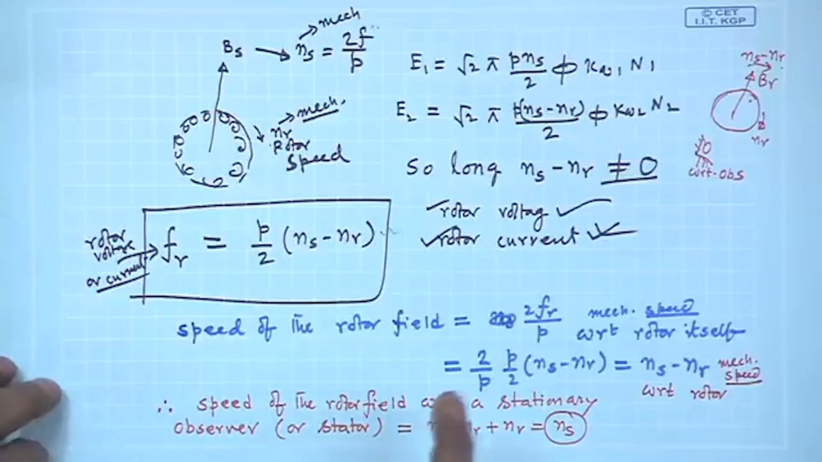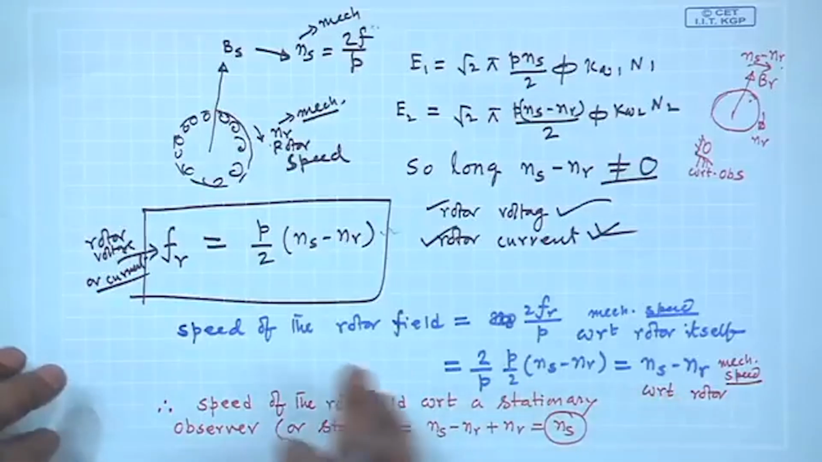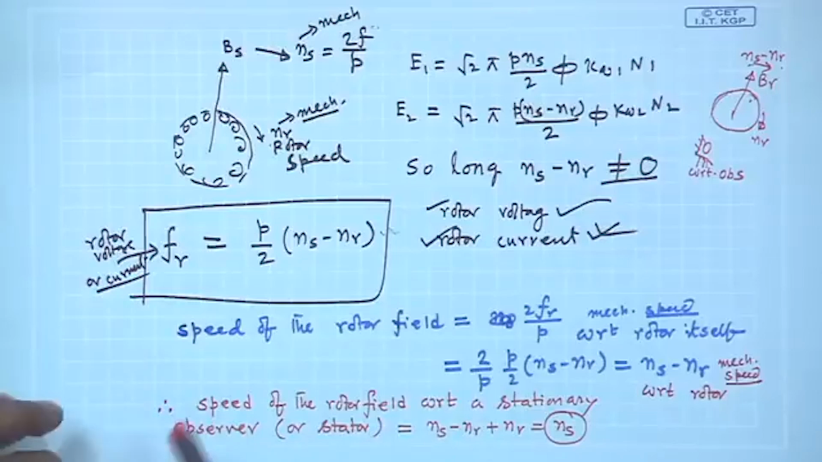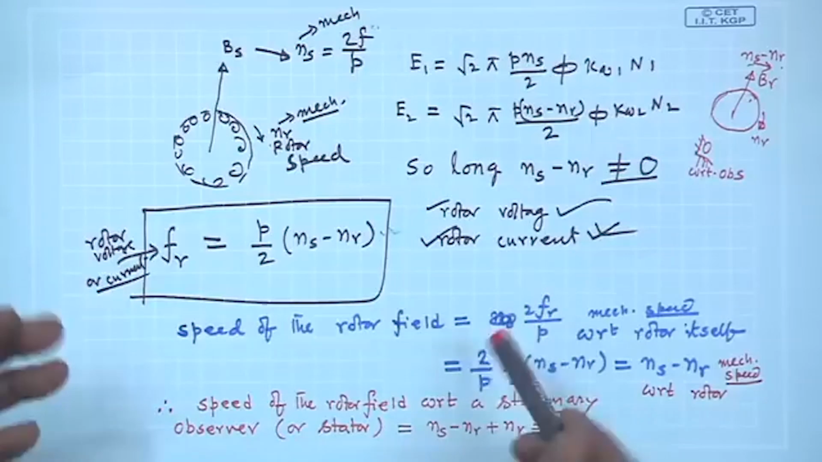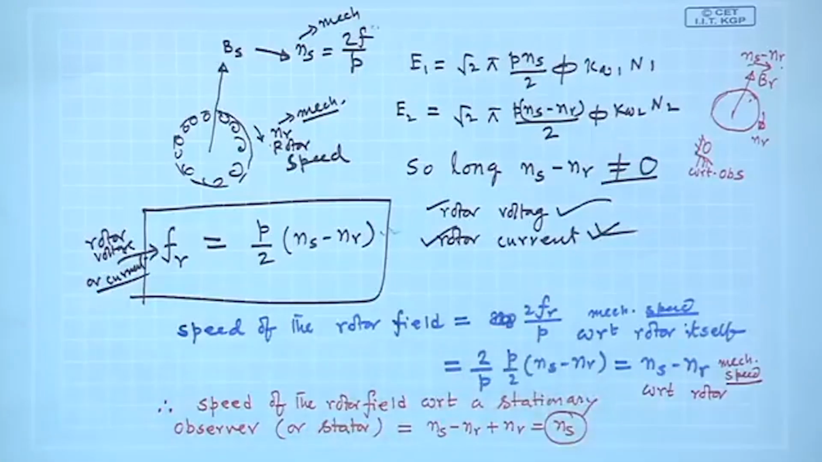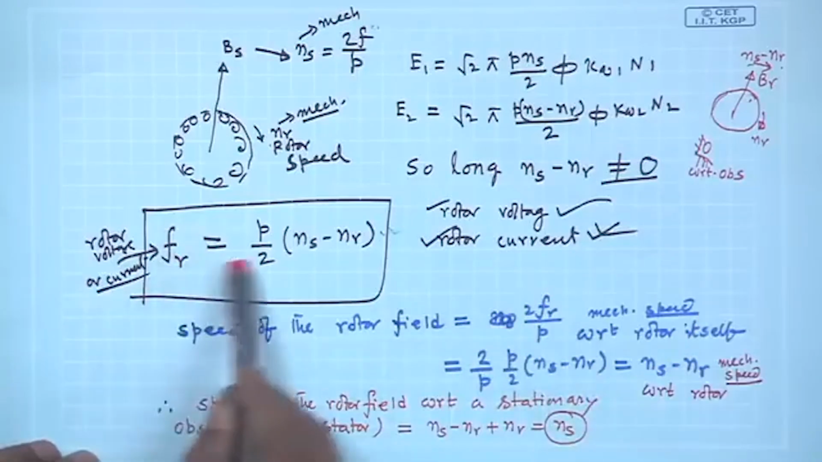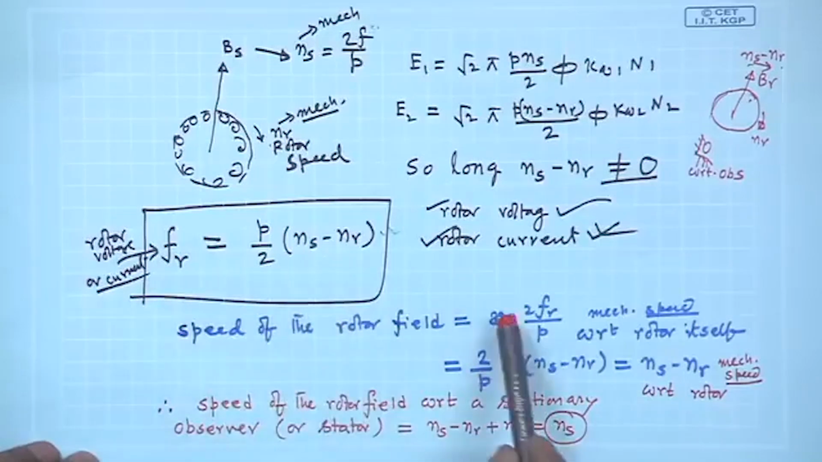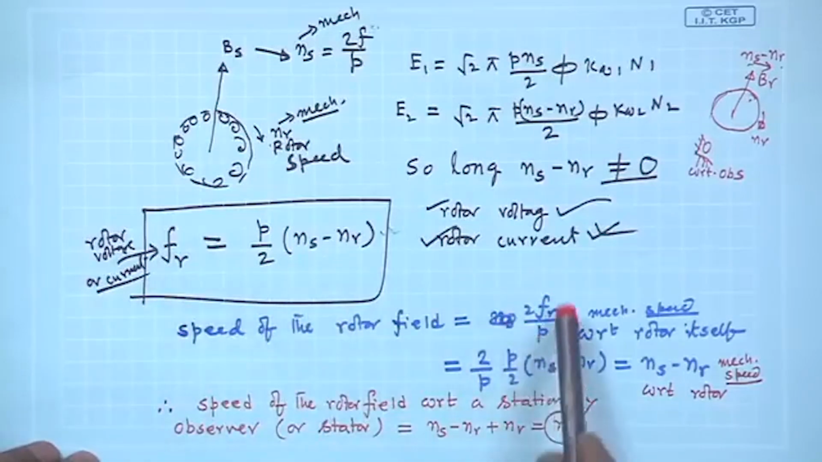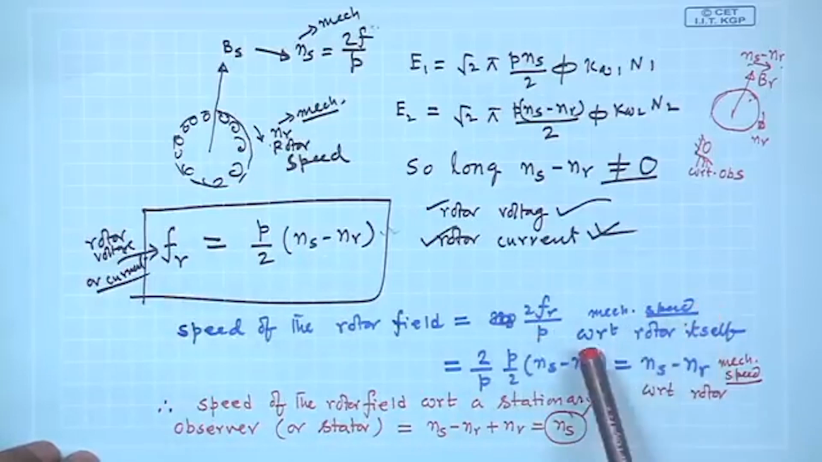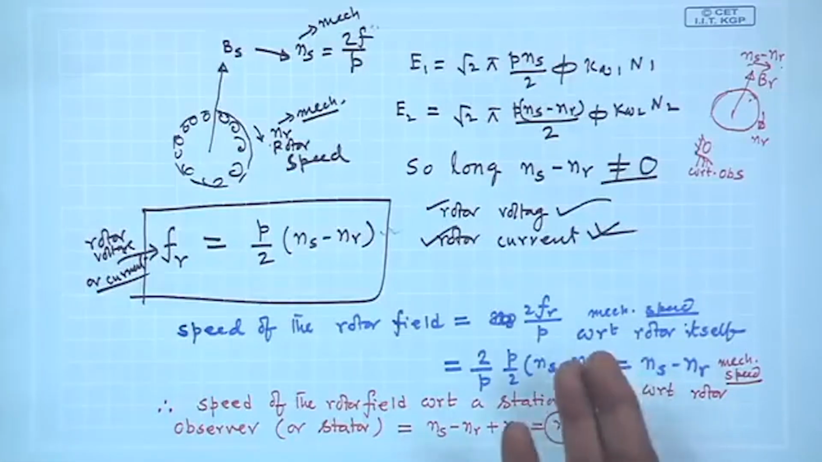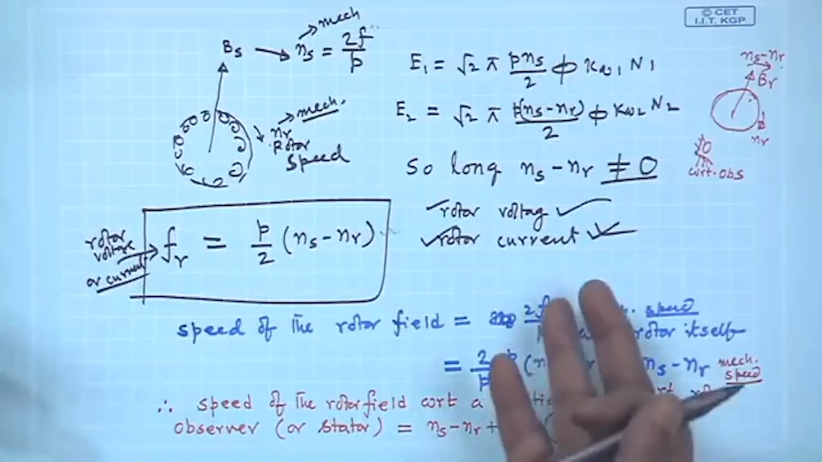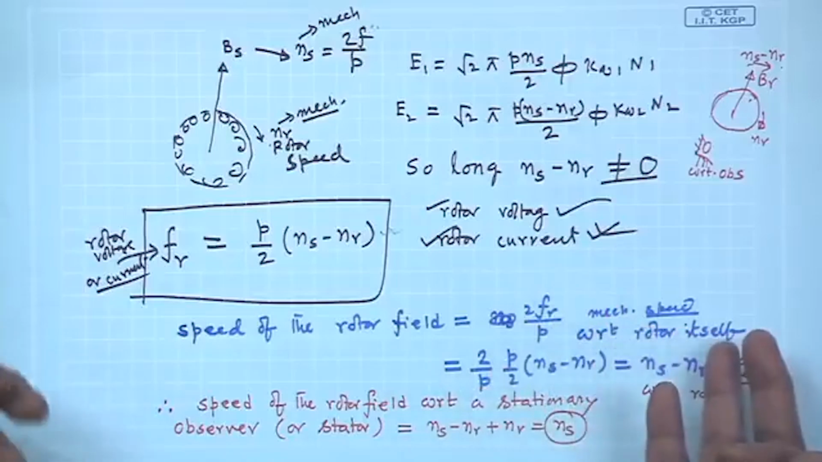I am repeating these steps once again rather fast. The speed of the rotor field is 2 by P into the frequency of the rotor currents, and the frequency of the rotor current is Fr, which we have calculated earlier. So, 2 Fr by P will be the mechanical speed of the rotating field, and with respect to whom? With respect to the rotor coils or rotor structure. So, 2 Fr by P with respect to the rotor itself,